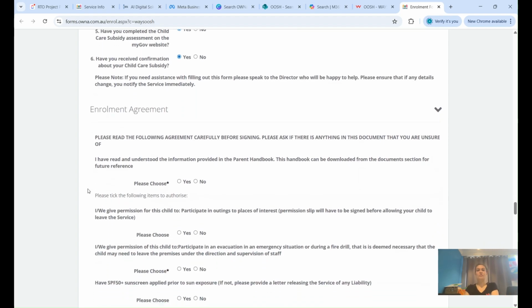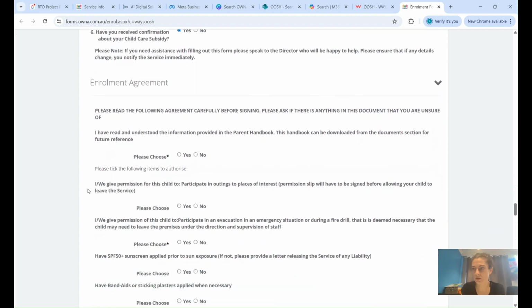So please read the following agreement carefully before signing. Oh, okay. Nearly 3/4 down. So a few things I have to agree. Yes, it's near the end. And I'm wanting to just tick yes, yes, yes, and I get that. So you can see here some of these are asterisked and some of them are not. So some of these just help us out. Some of these relate to technology use, some of them relate to